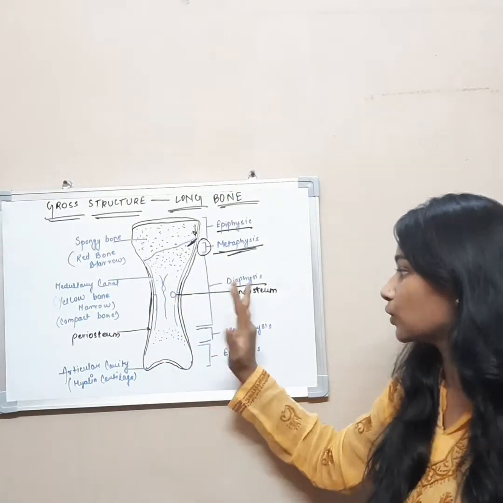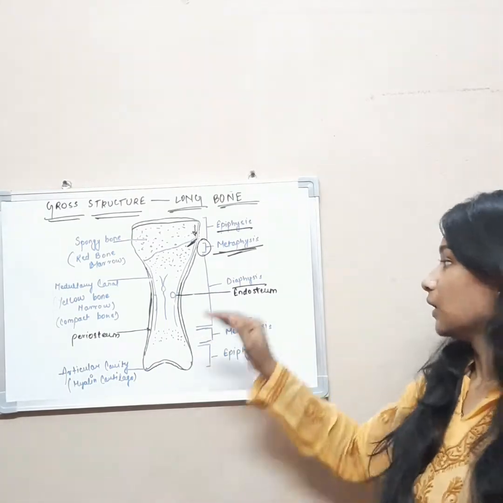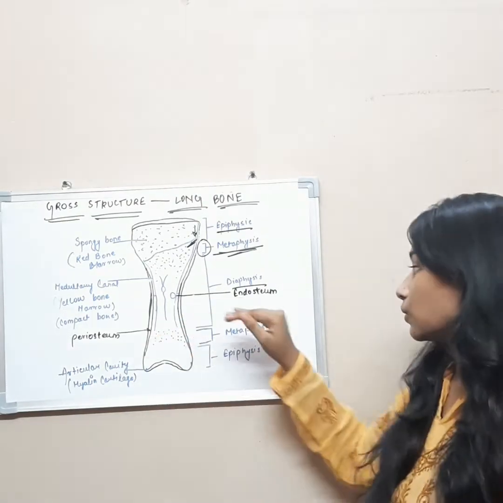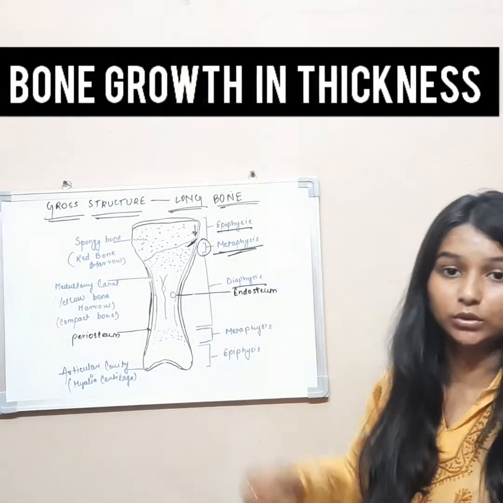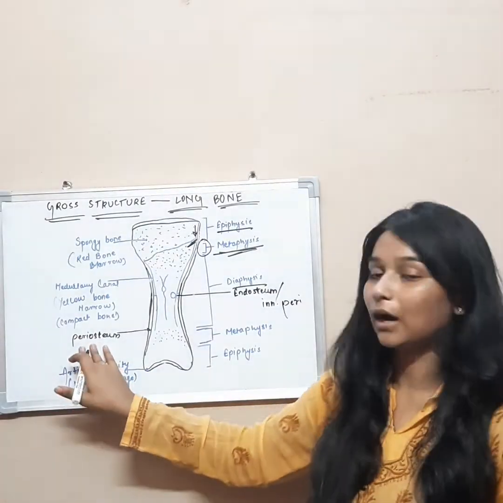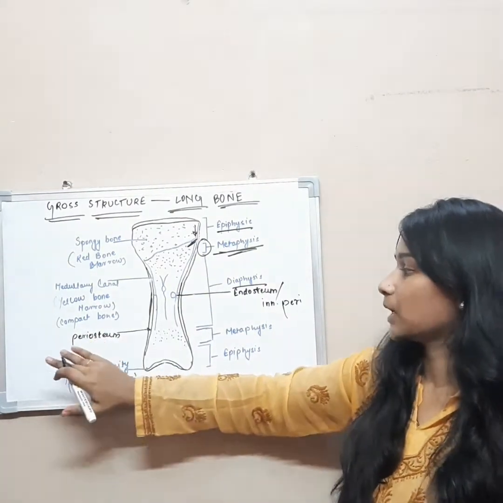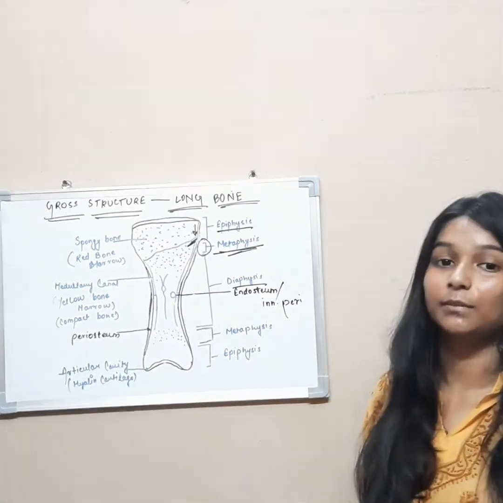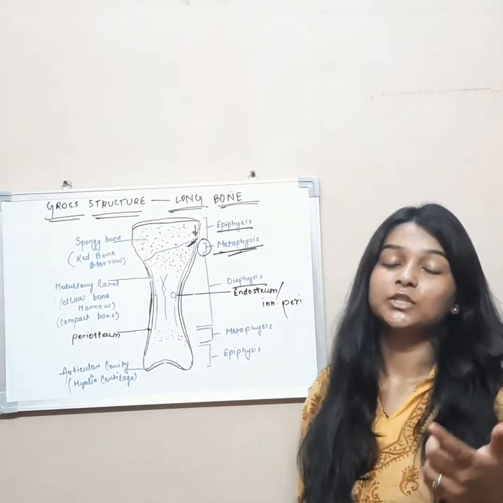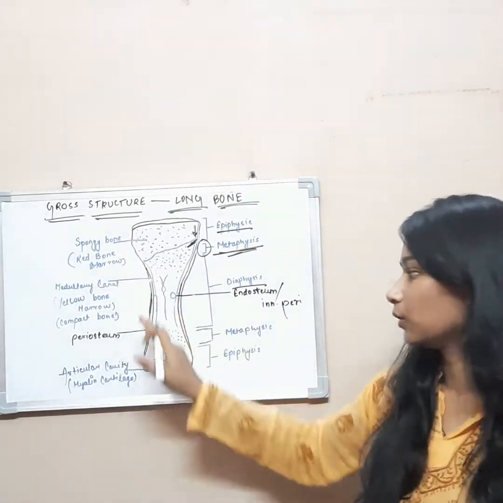It has endosteum, or you can also say inner periosteum, which has osteogenic property, which has osteogenic cells. So it can help in bone growth, bone repair, and bone fracture repair. And the outer periosteum is made up of fibrous fiber, Sharpey's fibers. Wherever you find a covering of the periosteum, there will be Sharpey's fibers. So periosteum is the covering of a long bone.